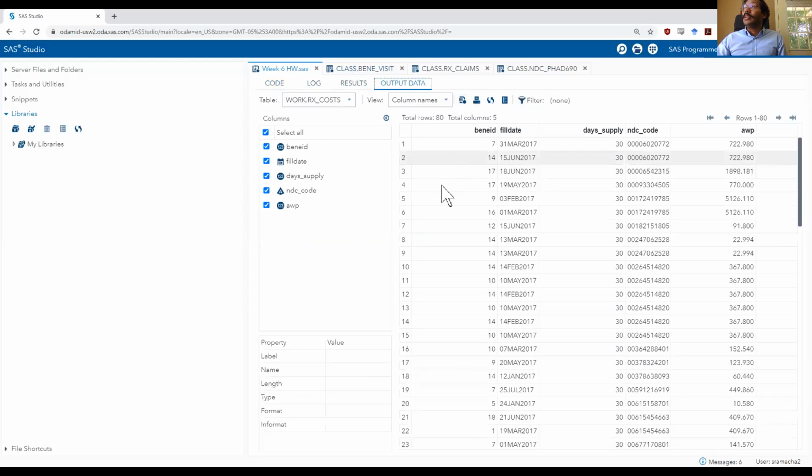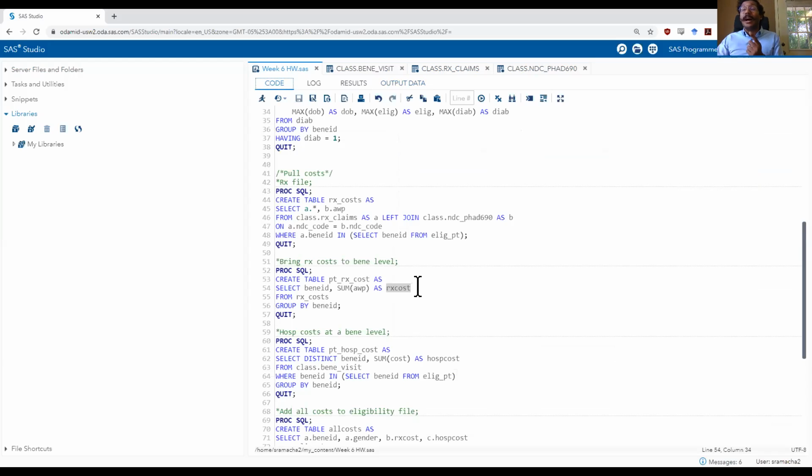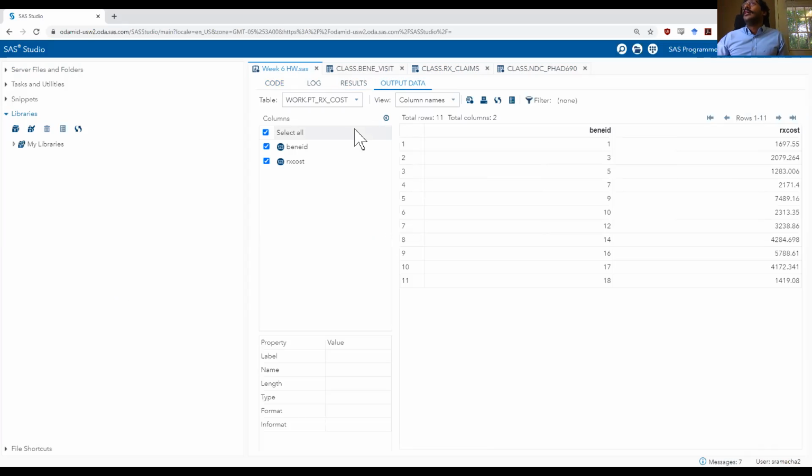So what this will do is, let me start this, it will take these 5 prescription claims for individual one, and it will add all of these rows of prescription costs. It will add these 5 rows and save that into one variable called Rx cost, and it will only include one row of data for each individual in my data set. So let me hit run. Check my log. Okay. So now we have Benny ID and Rx cost. That's it. We have one row for every individual, and this one row presents all of the costs for all of their prescriptions from the earlier file.